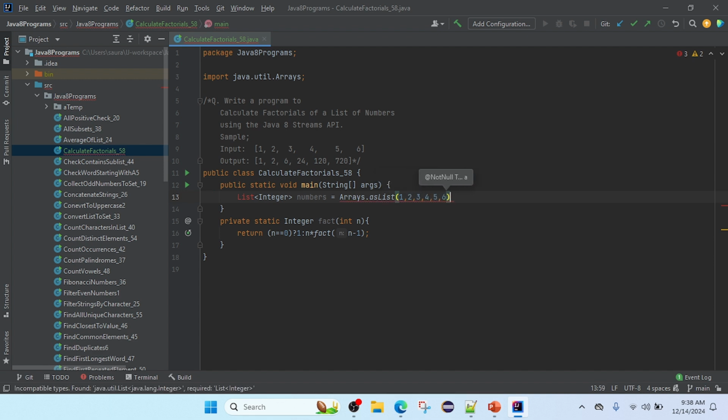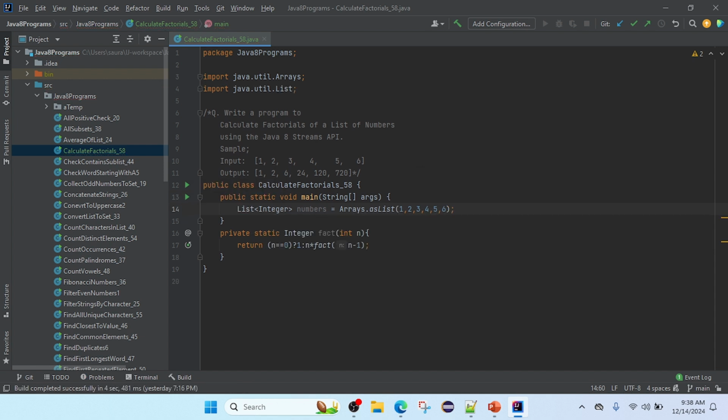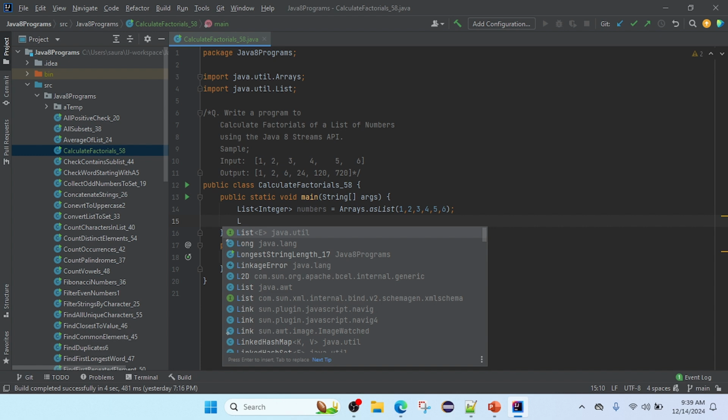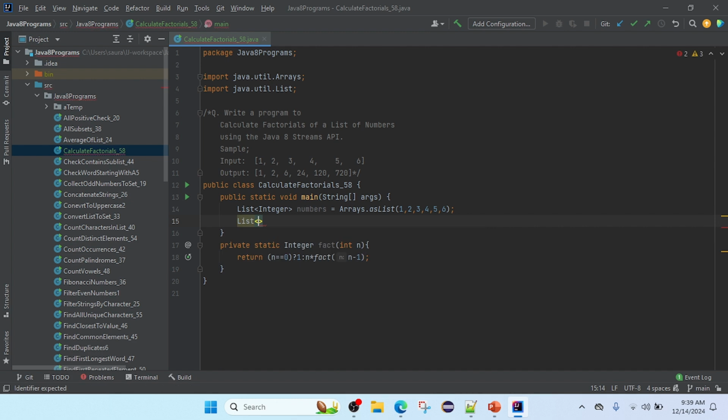In this program I need to import the List interface. After getting that value, we will get the output in a list, so I will create one more list, with the same type Integer, and I will call it factorials. You can see here this is the list. According to the question, we need to use the Java Stream API. So I will use numbers.stream,